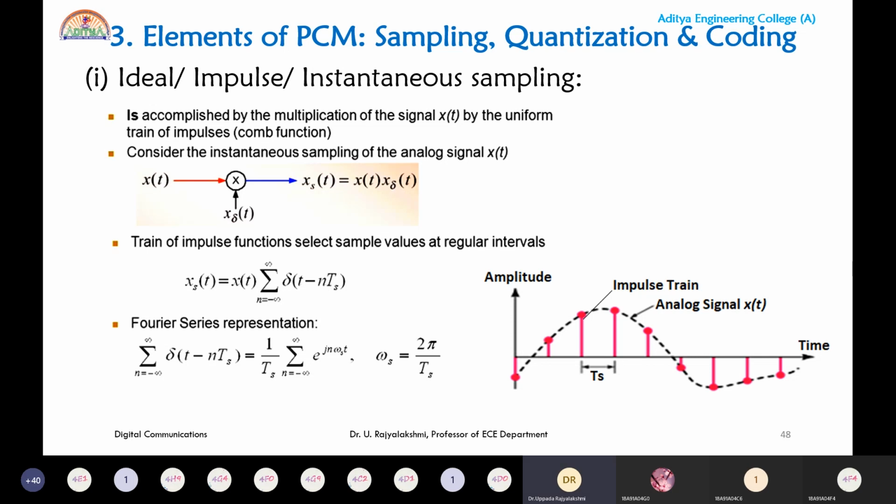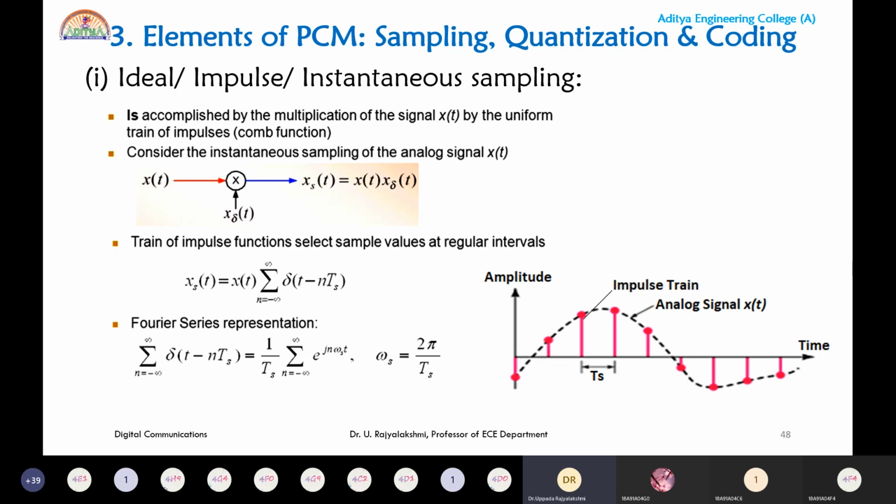Okay. And the fourth point, we can see the frequency domain description or frequency domain representation of the signal: an impulse located at various intervals of ts ranging from minus infinity to plus infinity. If you want to represent that in the frequency domain, we can represent it as 1 by ts summation n equals minus infinity to plus infinity, whenever there is a shift in time.